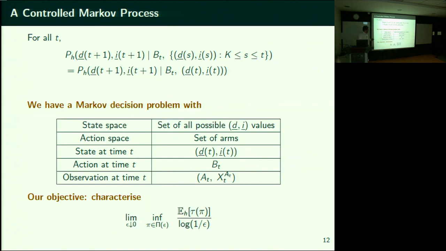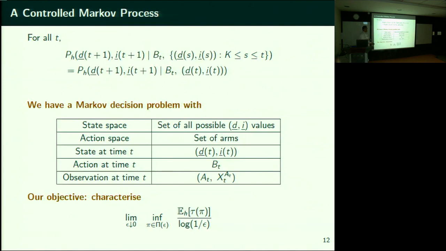But in spite of having the Markov decision problem, our objective is not the standard objective that usually comes up in MDPs. Our objective is to characterize this growth rate. Just to get ourselves back on track, we are in the odd movie identification problem. One of the movies is different. We want to identify that movie as quickly as possible. We are given a probability of error. We want to understand how much time we will take.